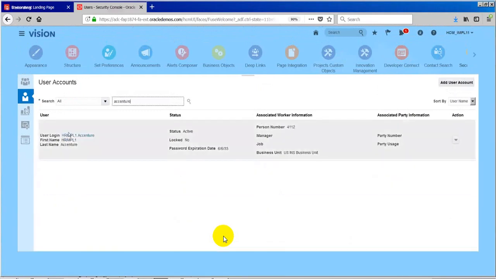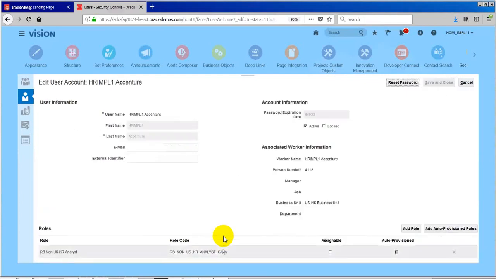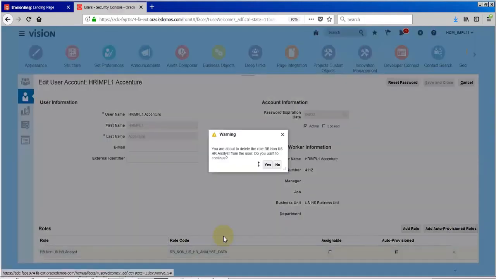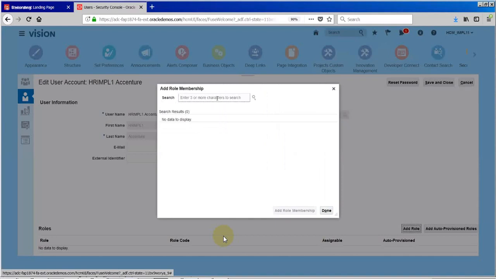Yeah, that's the number. I'm taking this person. So what we wanted to do, I'm going to take out this data role, the one we created. And I want to add a new role, the existing one actually.